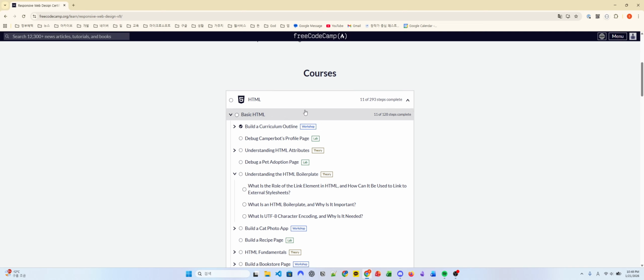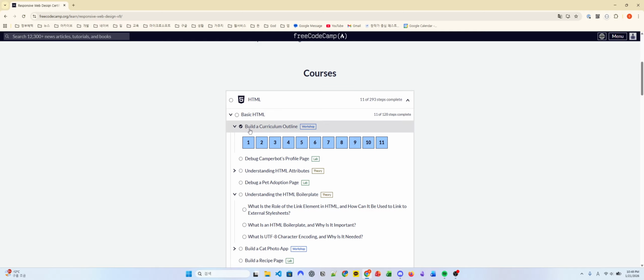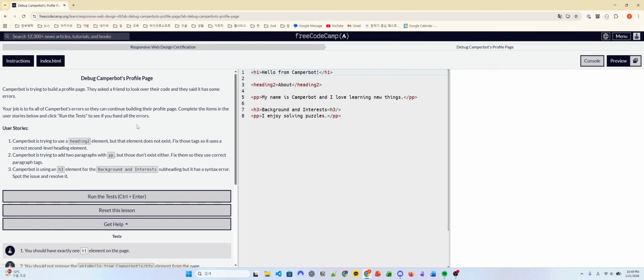Okay, we're gonna move on to the next part of the course. Last time we reviewed the build of curriculum outline, and then we're gonna move on to the next part of the course, which is debugging Camperbot's profile page. So if you click on it, you're gonna get to this page, and it's to debug